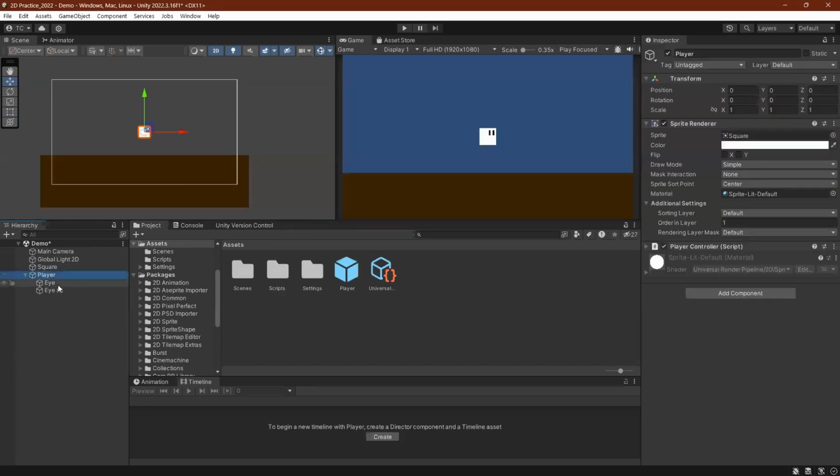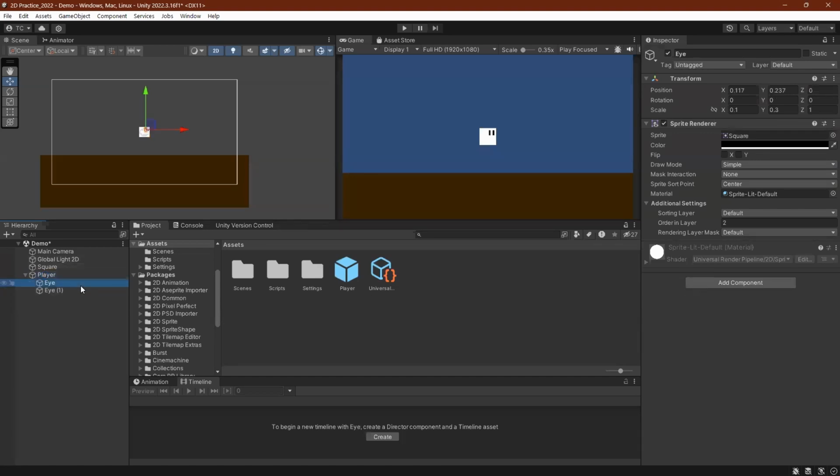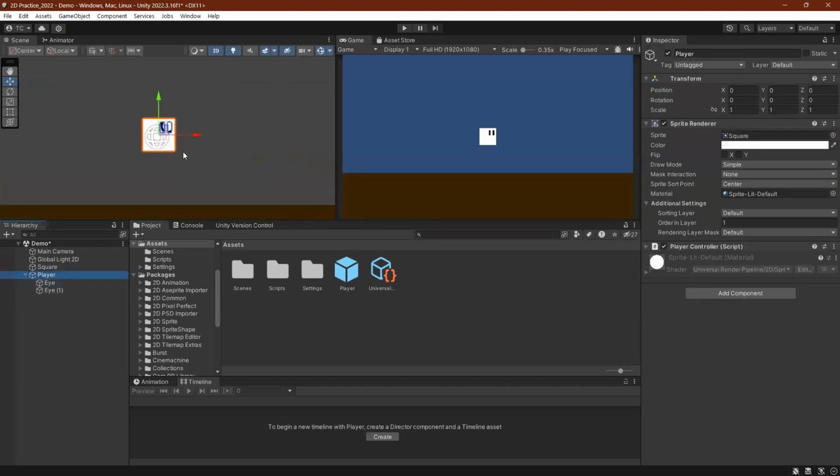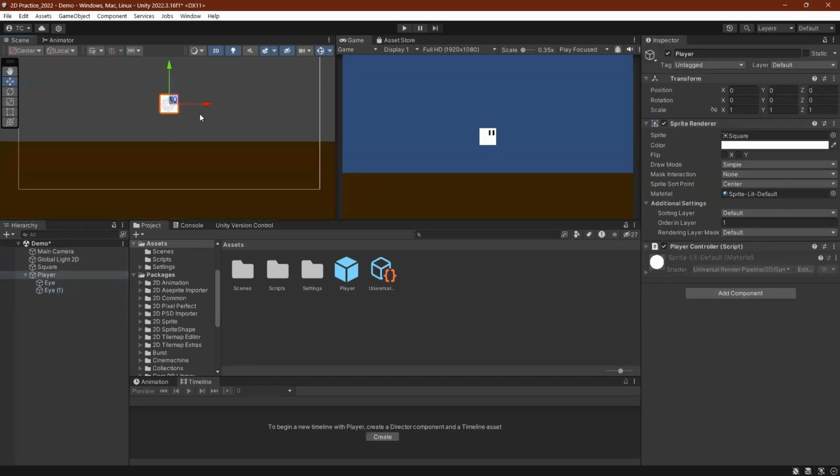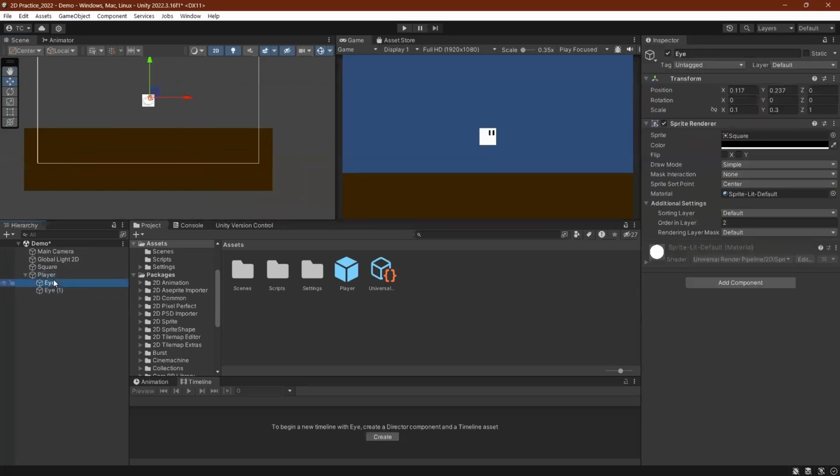Next, here we have our player object. I used the prefab to make it quicker. So here we have a simple player who we call Buck. He's just a square with two eyes. Now, first things first,